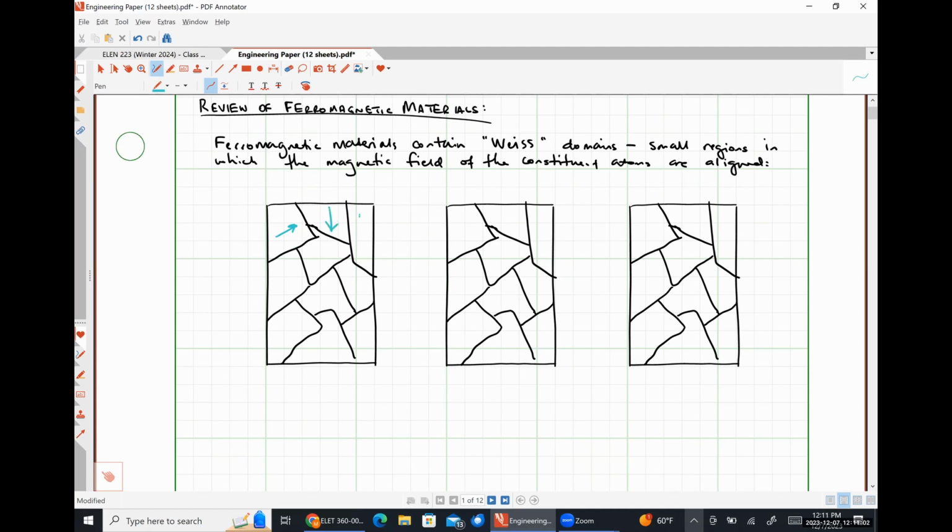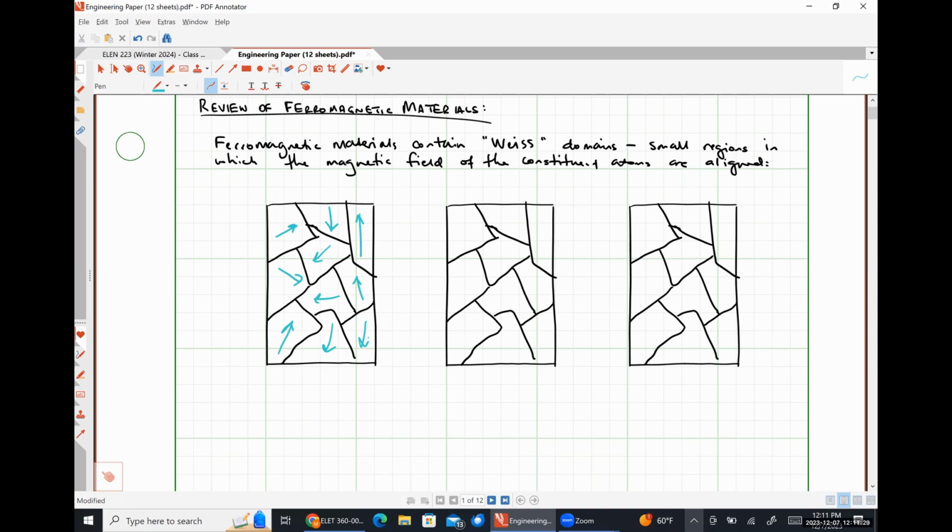In this domain, they might be up. We might have some down and to the left, diagonally down and to the right, directly to the left, up and to the right, down and to the left, etc. They're just supposed to be randomly aligned so that we don't really see any net magnetic field in any particular